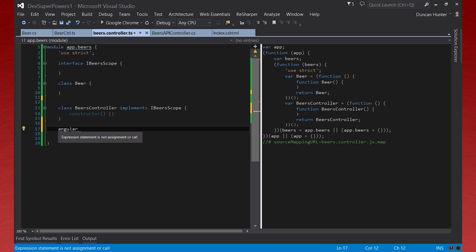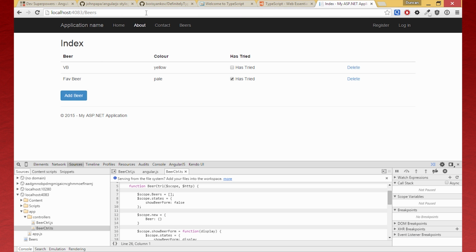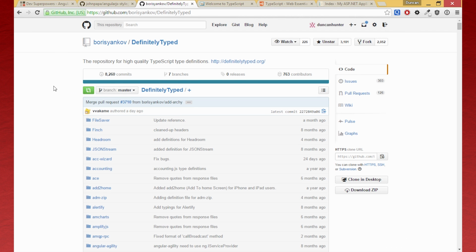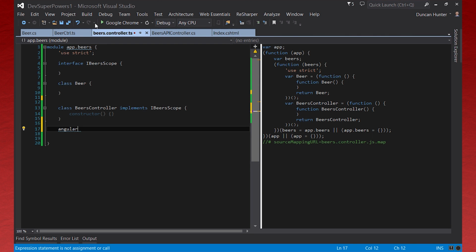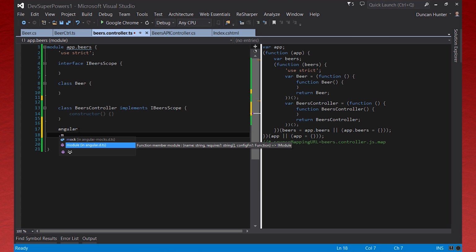And you're probably wondering, how do I get such good typing? And I have to stop at this point and say there's something that I haven't shown you yet. When you make a TypeScript project, what you need to do is go off to that site that I showed you before, this DefinitelyTyped site, and go get these third-party DefinitelyTyped files and include them in your project. And that's why when we're in Visual Studio here, I can do things like go .module, and I get this